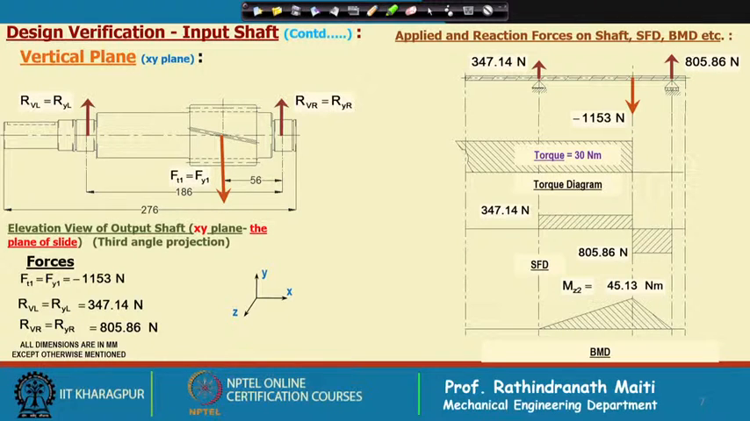However, in case of output shaft, the gear is towards the left side and here it is on the right side, only that difference is there. The pinion is close to the right bearing. In case of the output gear, it is close to the left bearing. However, this is the bending moment, torque diagram, shear force diagram and bending moment diagram we have developed, and then